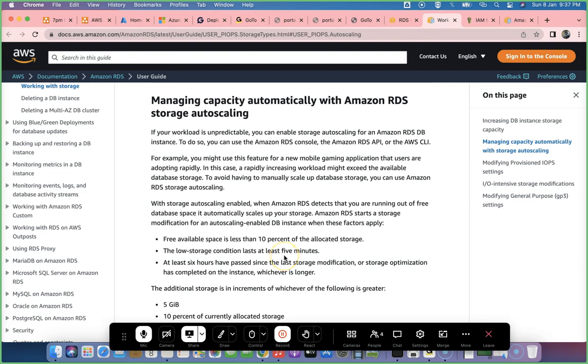For example, if it senses that the storage is very low and it lasts for 5 minutes, automatically it will scale up. At least 6 hours have passed since the last storage modification, or storage optimization has completed on the instance, whichever is longer. So again, another condition. For example, we are modifying storage now, right? First time we are creating, right? So it will check the past 6 hours, how exactly this particular storage is behaving,